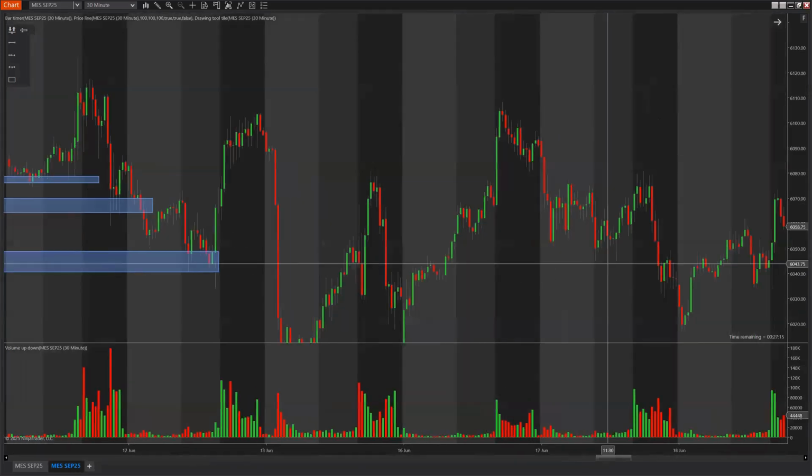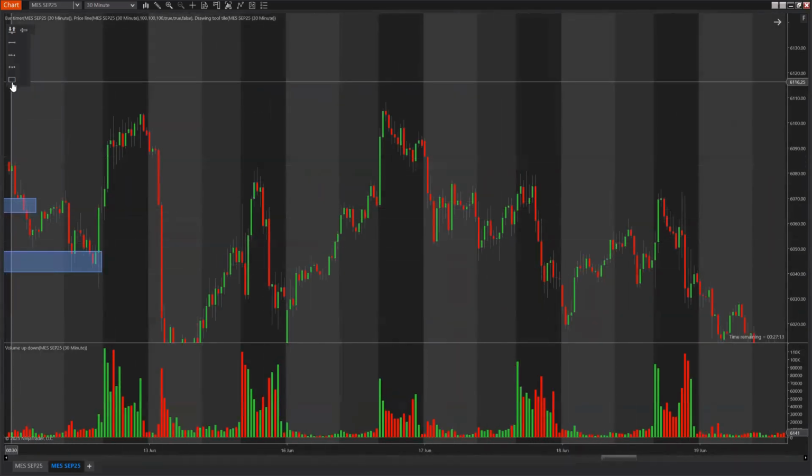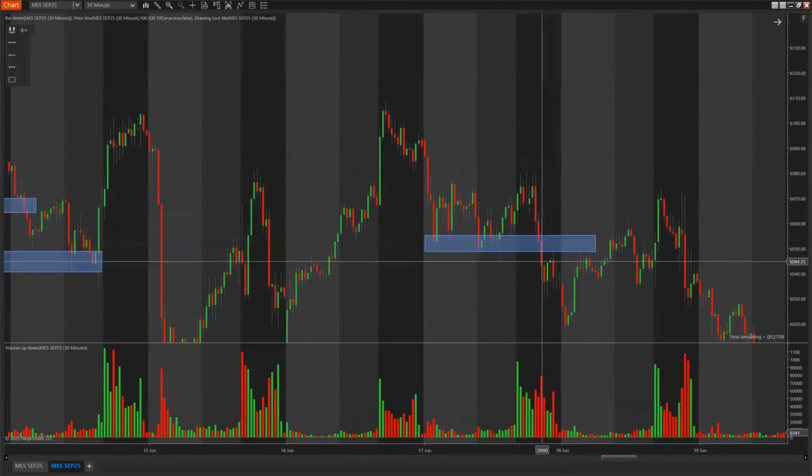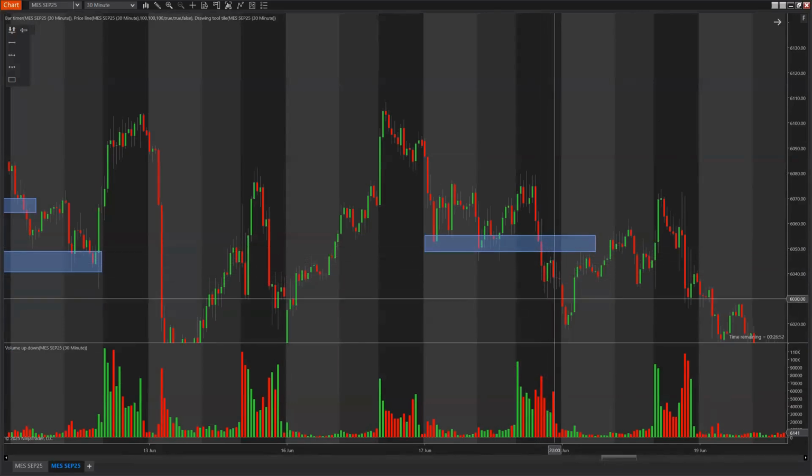So let's look at some more examples. Here you can see again another support level right here, and then actually the support got broken and retested, and then had a nice reaction to the downside. Me personally, I don't really like trading these support and resistance flips or whatever you want to call it. So I would rather just trade the breakout here and try to catch this first short move instead of waiting for a retest and